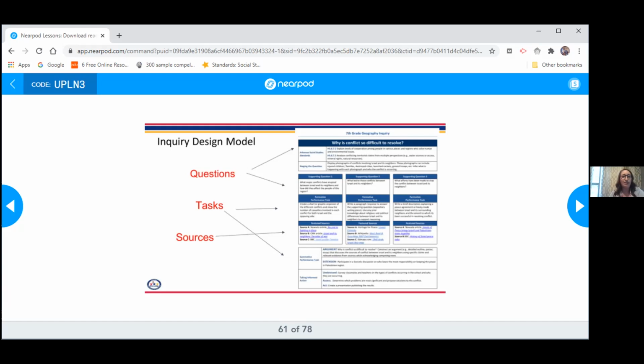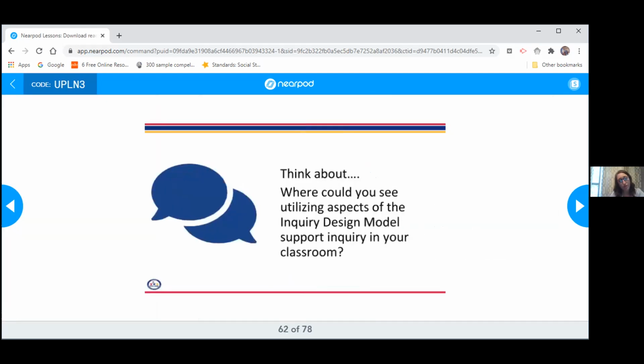And then you have, again, the taking informed action at the end, where they are creating a presentation, publishing results of a survey. Yep. So again, they're actually saying, this is what we should do about this. This is what's going to make conflict easier to resolve. So they're taking the learning and they're doing the so what.